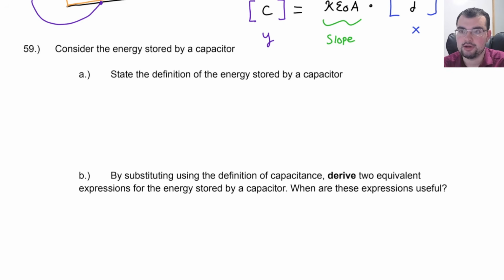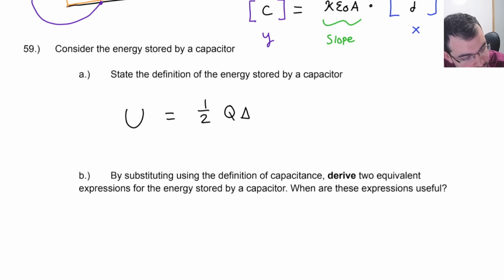All right, now let's talk about energy. So what's the energy stored by a capacitor? By definition, the energy stored by a capacitor is 1/2 Q delta V. And that might seem odd because I thought energy was Q delta V. Well, it's 1/2 Q delta V because you don't have to push all of the Q across a delta V